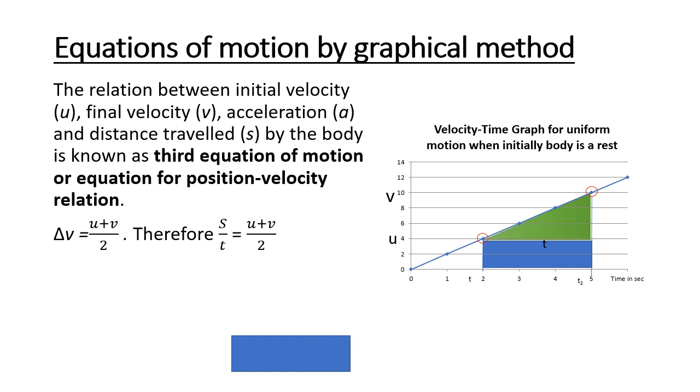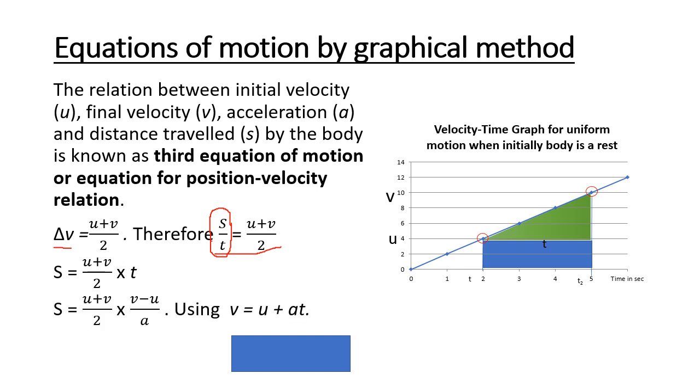Now average velocity is also displacement upon time. So they have written average velocity is S upon T, that is displacement upon time. Then T is taken into multiplication, so you get U plus V upon 2 equal to S upon T. Now instead of T they have put V minus U upon A. How? Again the same equation we have used. V equal to U plus AT. Take the U on the left side, so it becomes V minus U, and take the A below, so you get T. So they have put T is equal to V minus U upon A.